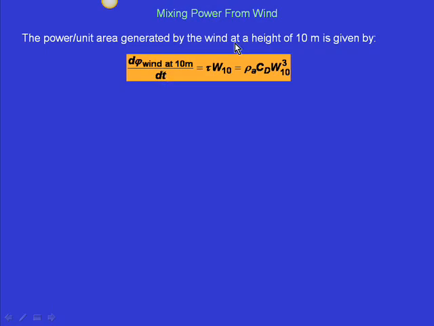This is the same thing as what it says above here. So this is given by the wind stress multiplied times the wind speed at a height of 10 meters. So that's how much power per unit area is being generated by the wind at 10 meters. The wind stress times the wind speed. What are the units of that? The wind stress has units of